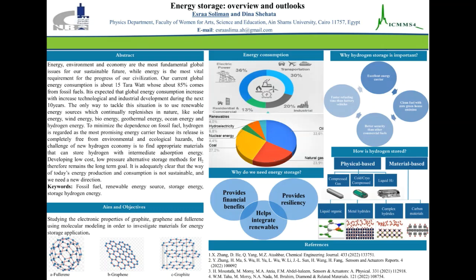The aim of the research is studying the electronic properties of graphite, graphene and fluorographene in order to investigate them for energy storage application. Energy, environment and economy are the most fundamental global issues for our sustainable future. While energy is the most vital requirement for the progress of our civilization, our current global energy consumption is about 15 terawatts, and we have become dependent on energy in various fields, where the statistics of global energy consumption by sectors for the year 2021 are as follows: